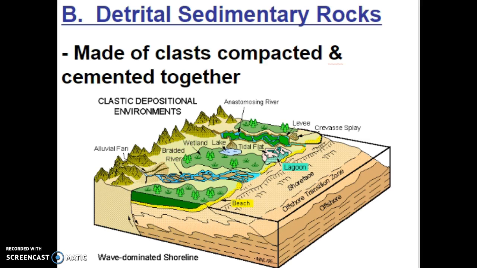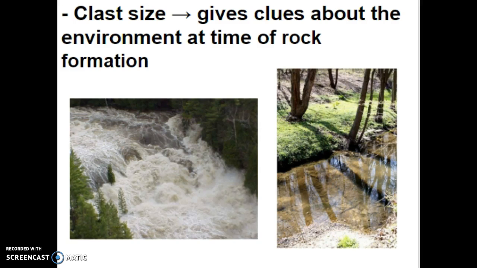The word detritus in Latin kind of denotes waste or garbage. Not that these clasts are garbage, but they are pieces of other rocks. So the earth, of course, is a great recycler of all materials. So it takes those broken and weathered and eroded rocks, compacts them and cements them together to form detrital sedimentary rocks. And again, the size and the shape of those clasts can give clues about the environment at the time